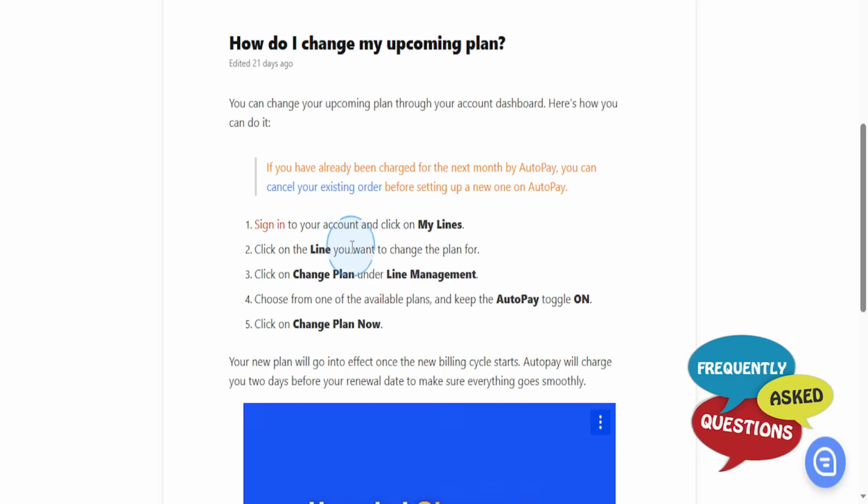First, all you need to do is sign in to your account. You can do this through the account dashboard where you go and click on My Lines. Then you'll see the lines you have. You just click on the line you want to change the plan for, and then click on Change Plan under